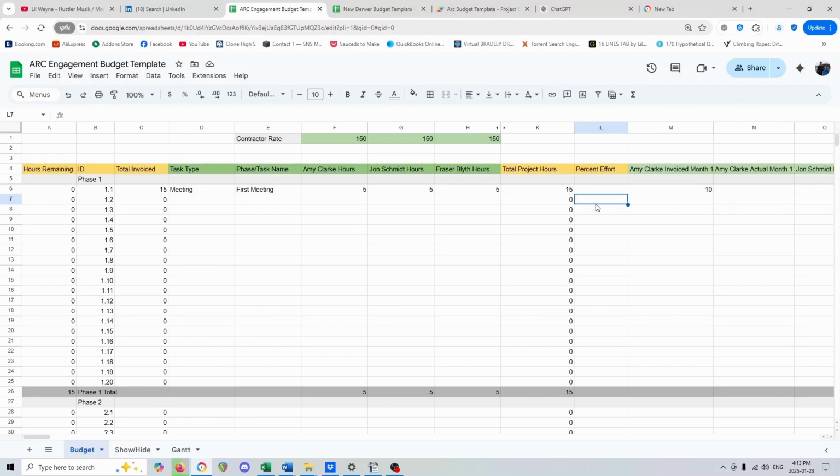For some reason, the percent effort column has been deleted. Oh, just in the first couple rows. Drag it up, see if that works. But you can see if we go over,